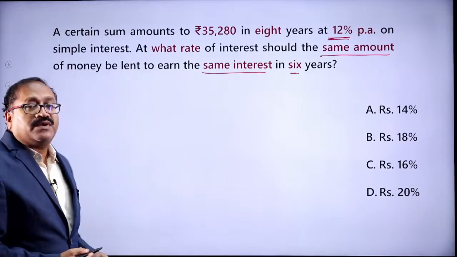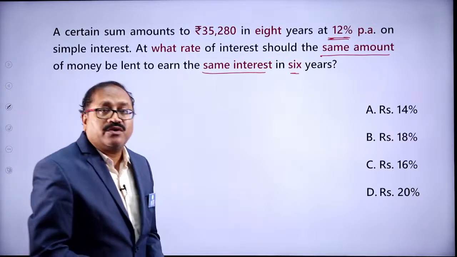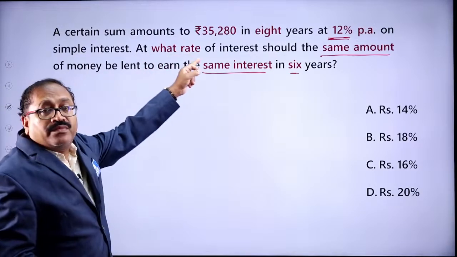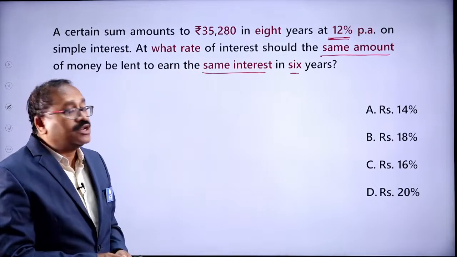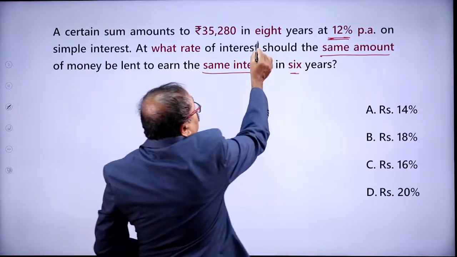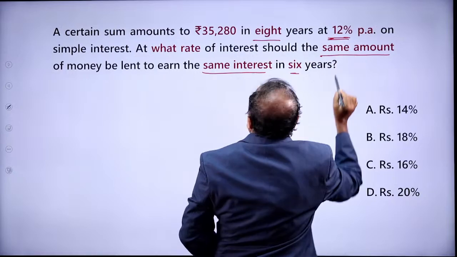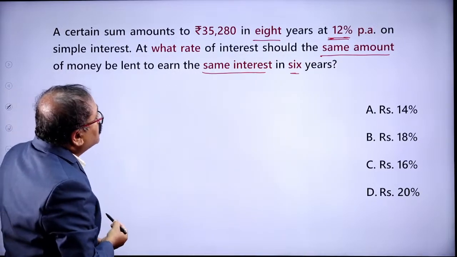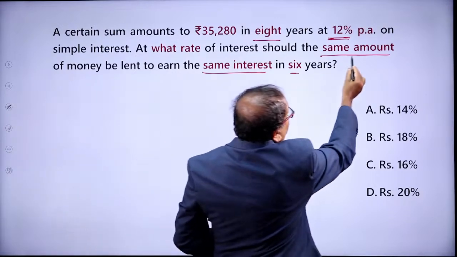Okay, it's a very easy way. This is a previous year question. I forgot to mention that. So what is said? A certain sum, that is 35,280, is invested for 8 years at 12% per annum, and this is simple interest. Now at what rate should you invest the same amount